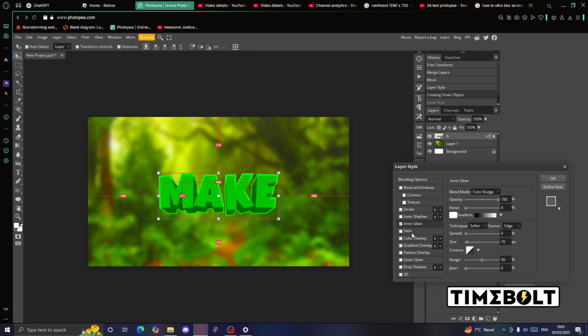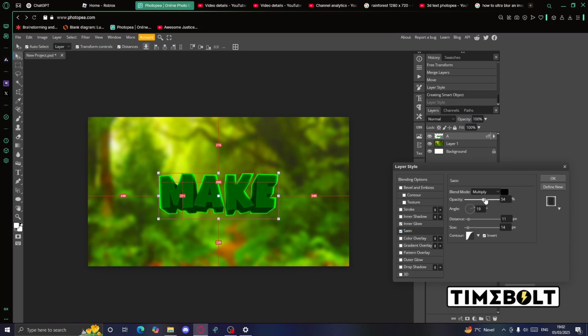And this next thing, Satin, and no, we're not talking about the devil, but this is completely optional. It's just a little thing to darken the text to make it a bit easier to read. If you use this or not really depends on your text color. So if it's a really blue color or purple color, or dark gray color or red color, or just any dark color, then there's really no reason to use this. But if it's a brighter color, like this bright green I have here, it's pretty good to use. Basically, as you can see, it just darkens the text, and only the text, to make it a bit easier to read.